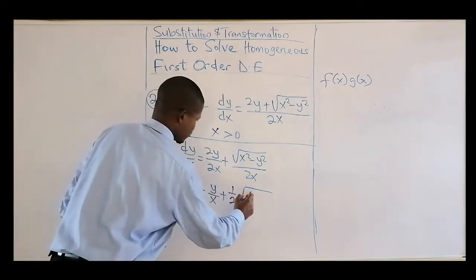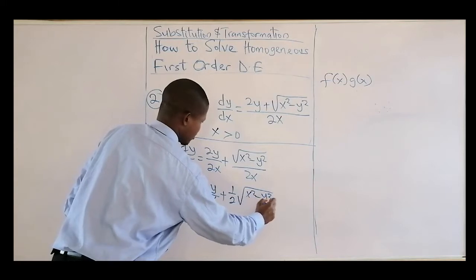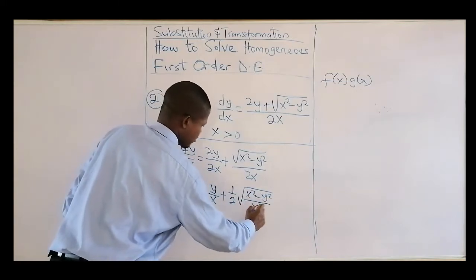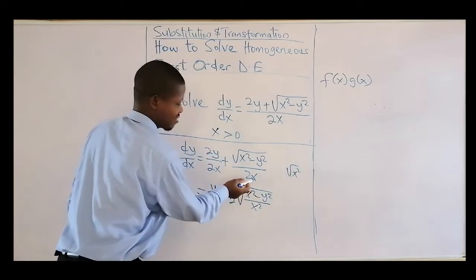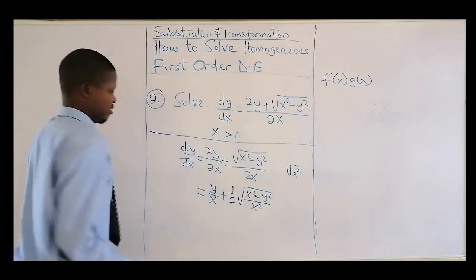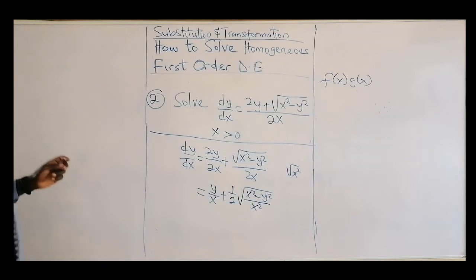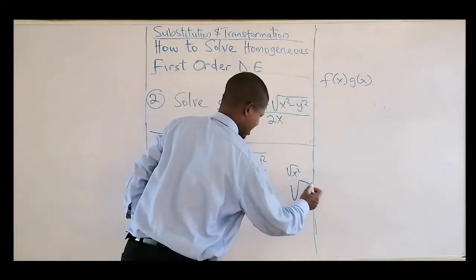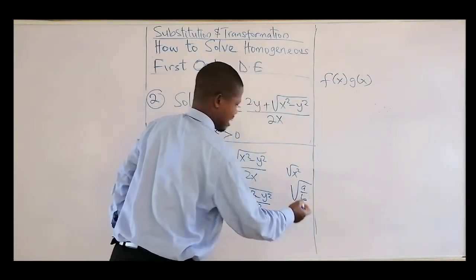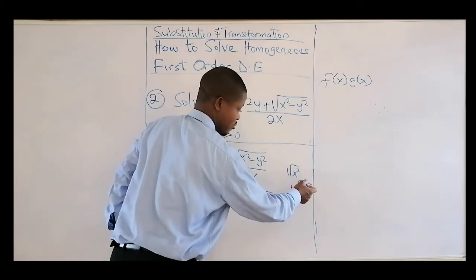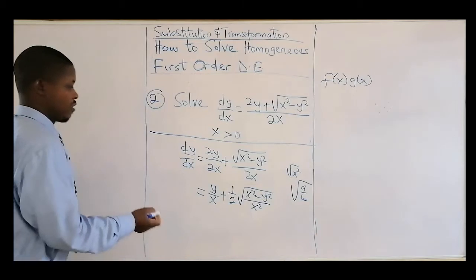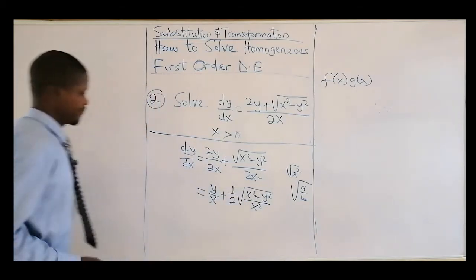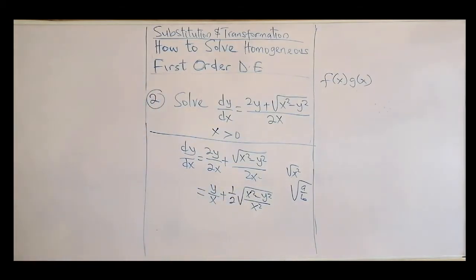radical, and that will be equal to x squared minus y squared all over x squared. You know, the square root of x squared is what? It is x. And don't forget that if you have a square root of a fraction, it implies the square root of the numerator and denominator. It does not change the form of that variable. So this is what we have now.